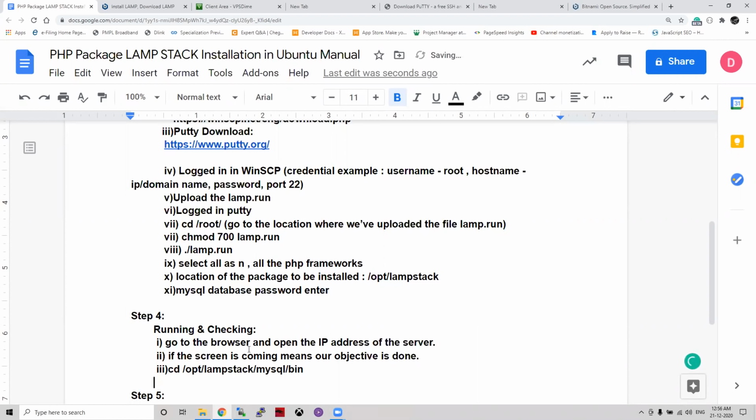After that, we ran the command /opt/lampstack/mysql/bin/mysql -u root -p. -u is for user, that is root here for our current installation or for this server. But if your server service provider is giving a different user, then you need to use that. And -p is for the password.